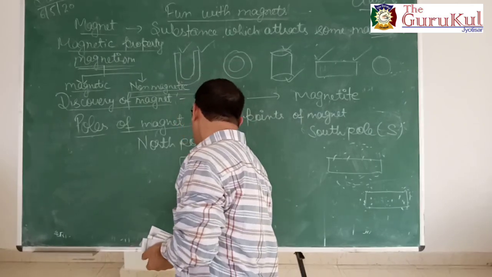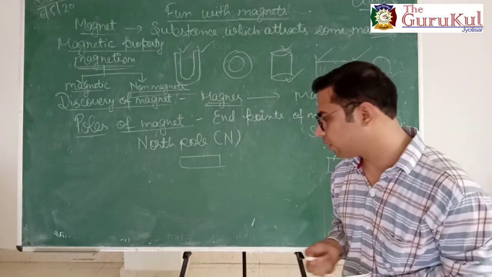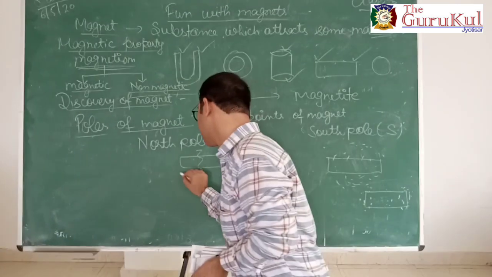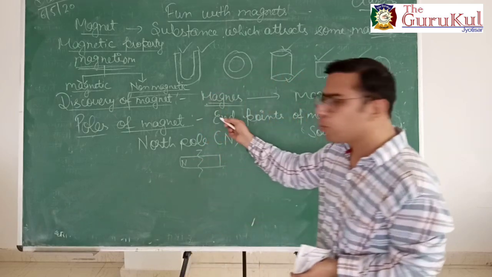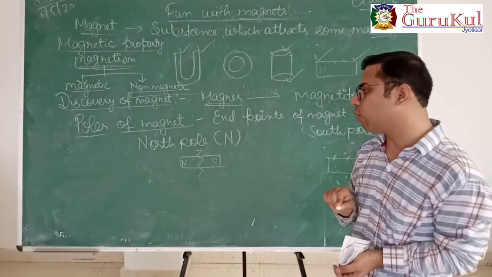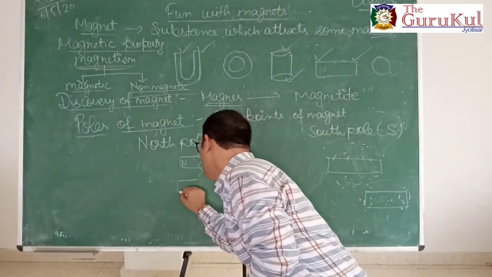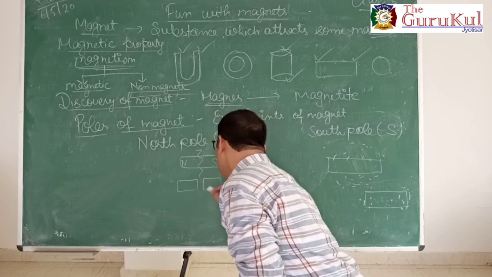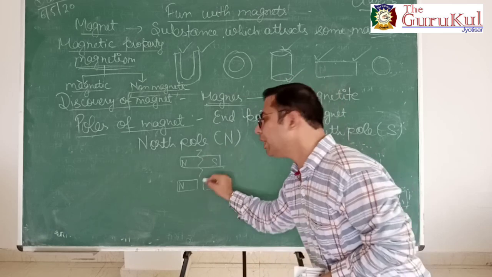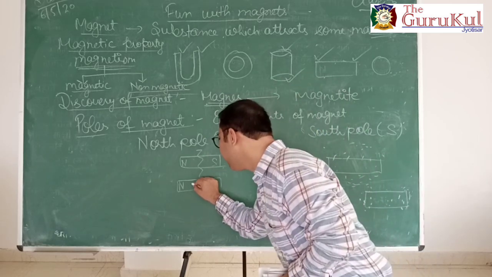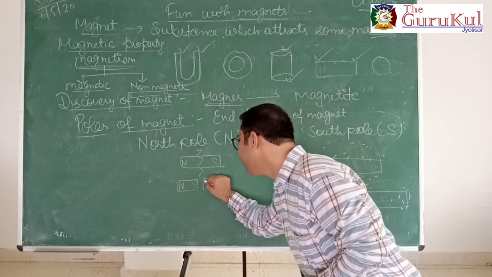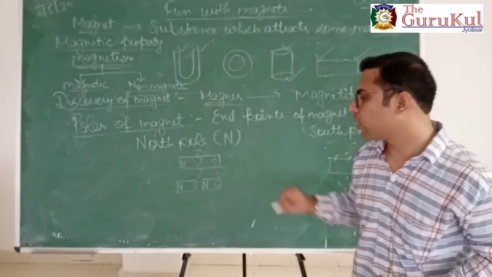Okay. Now next thing is, whenever you have a magnet, suppose I have this magnet. So what happens if I break this magnet into two pieces? Suppose there are two poles, north and south. Now I break the magnet into two small pieces. So now I have two small magnets. Now what will you find? This is the north pole. Now ultimately what will happen? This end will become the south pole, and it was south pole, so it was south. Ultimately this end will become the north pole.